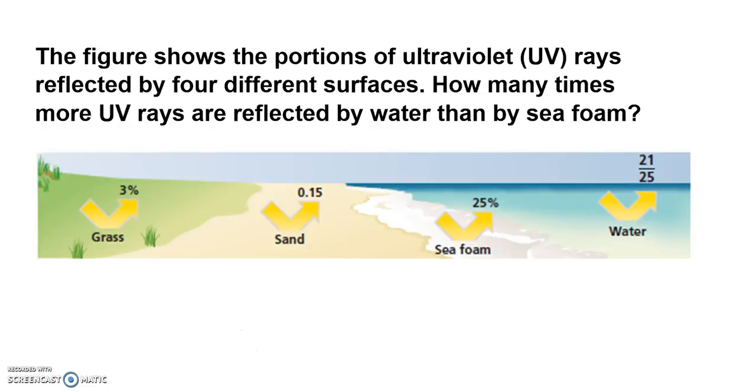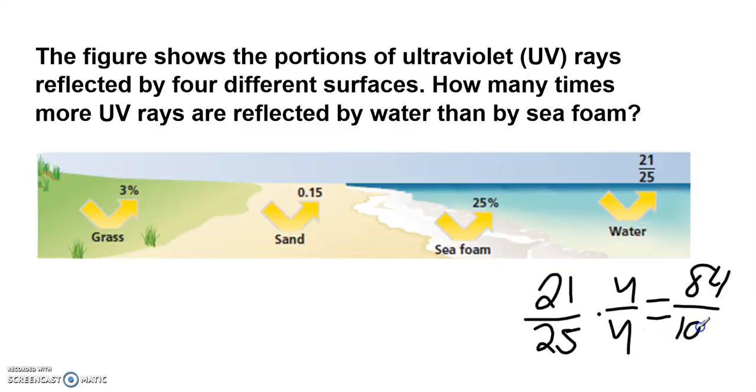Okay, the figure shows the portions of the ultraviolet rays reflected by 4 different surfaces. How many times more UV rays are reflected by water than by the sea? So the water is 21 over 25. I'm going to multiply that by 4 over 4 so I can get a 100 at the bottom. So that's going to be 84 over 100. So that equals 84%, and then our C form is